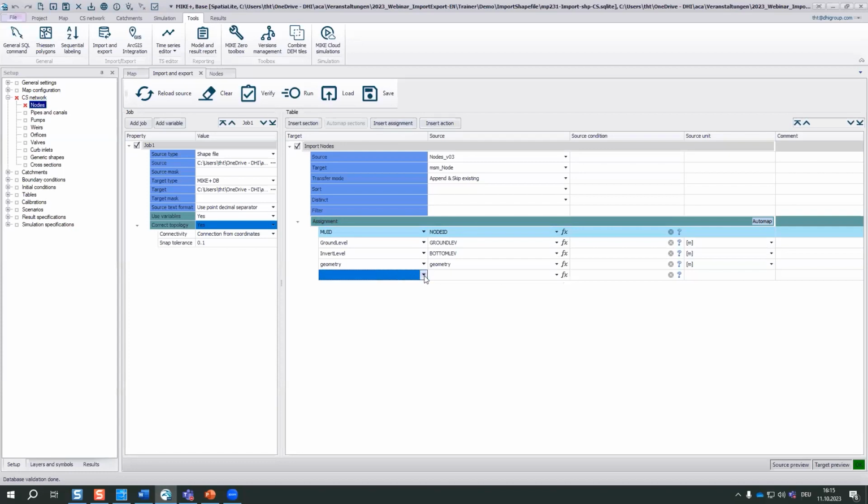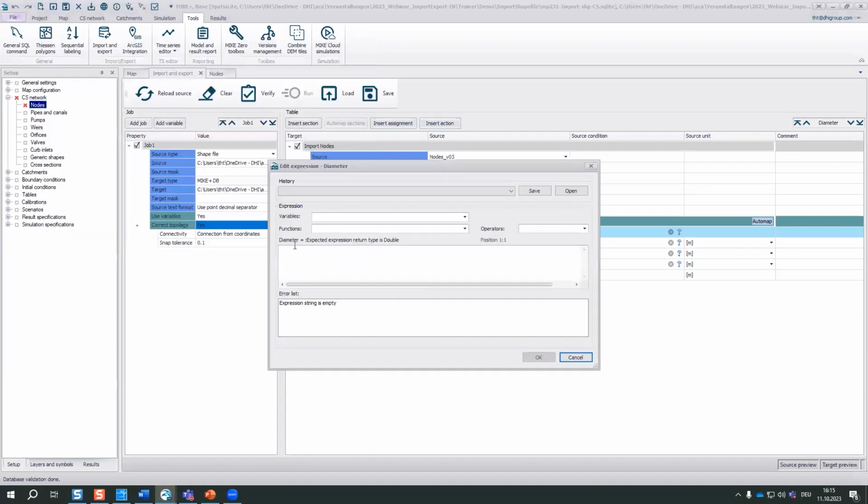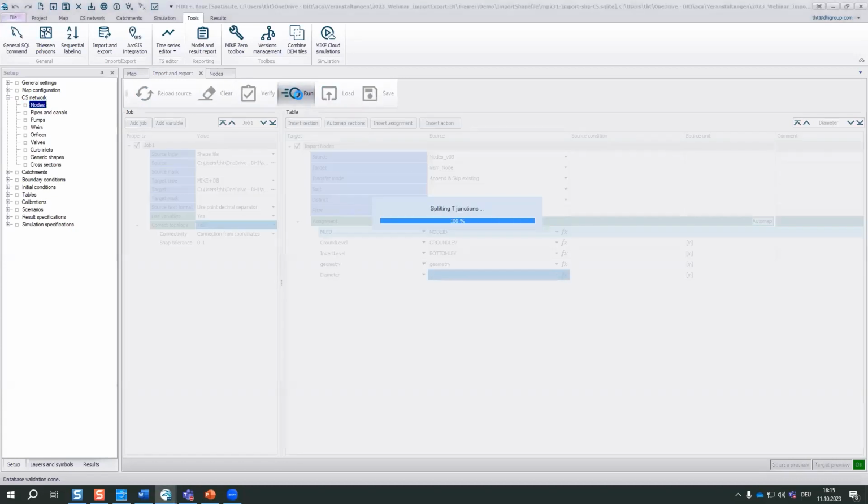which writes into the diameter field, and this is the diameter of the manhole, and assigns a standard value. I open the expression editor here. Hold on, here it is. So it says diameter equals, and it needs some value, 1 meter in my case. I'll say okay. Yep. And if we verify and run again,